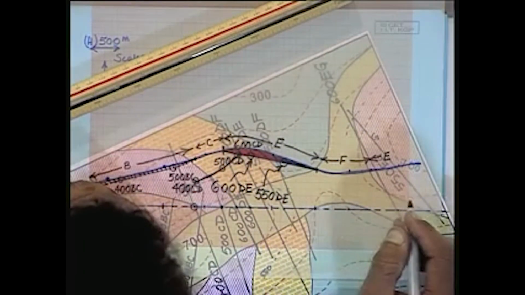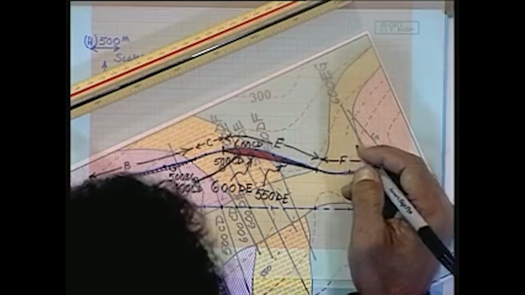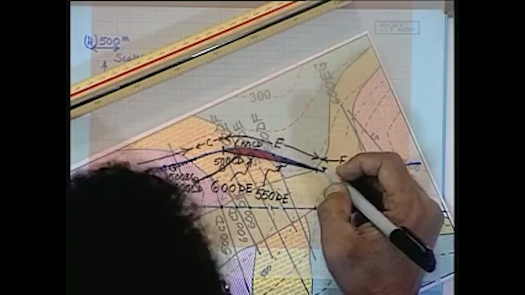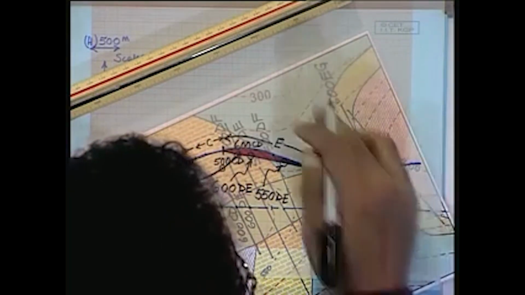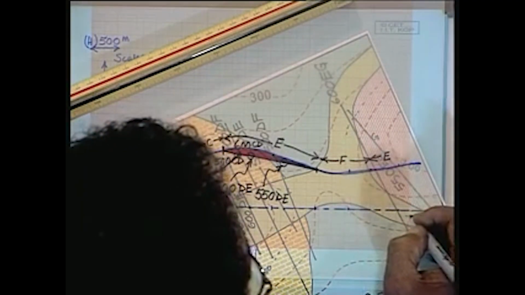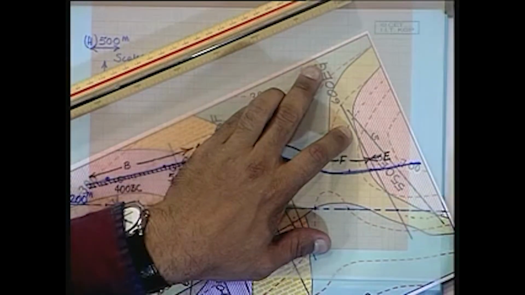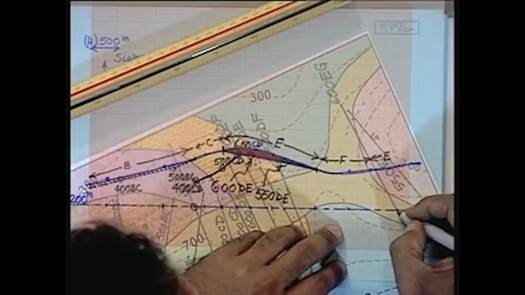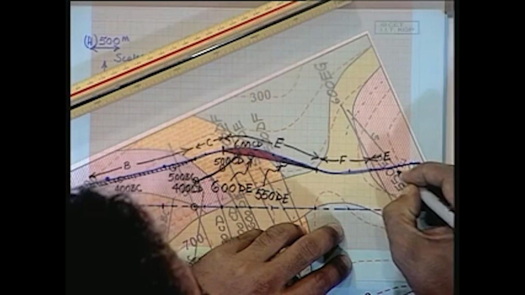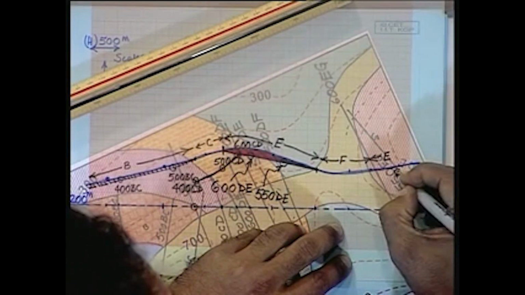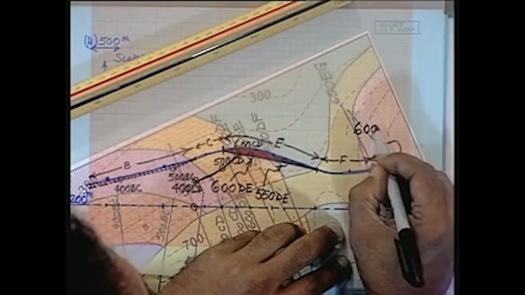Okay, now back to the other interfaces. Now we are going to get another one further to the right, and that is going to be between E and G. So let's consider those strike lines. So this is the strike line at 600 meter elevation between E and G. And project this one up to 600. So that is going to be the point where E and G is going to be separated. So this is going to be 600 EG,